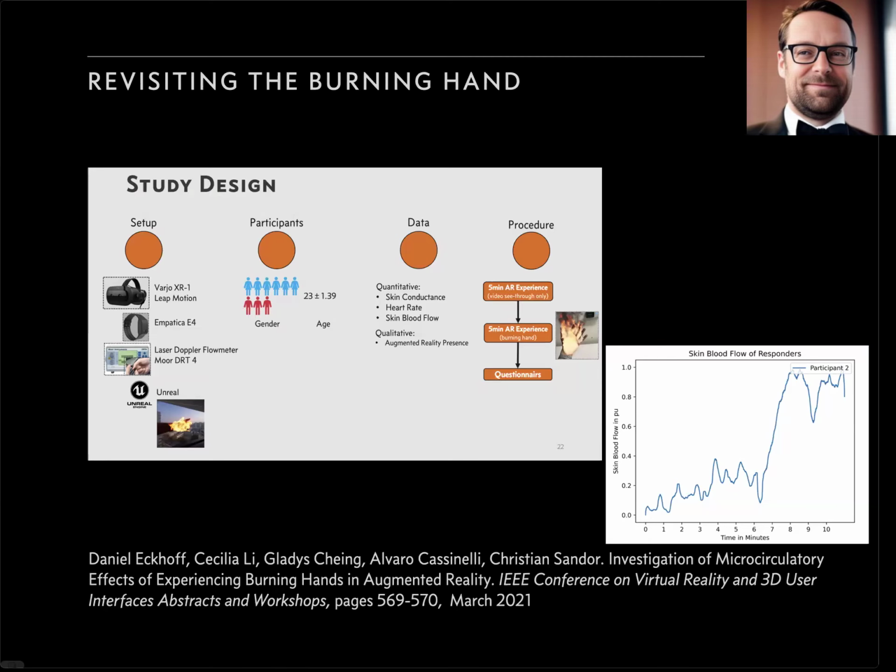But here we did something very interesting. We measured the blood flow in the arm. Because what really happens if your arm is burning is that your body sends a lot of blood there. One purpose is cooling your arm, but also to send defenses, because there will be an open wound, so you need to crank up the defense system. You can see the plot on the bottom, and there's an enormous peak, and this is when you turn on the virtual fire. I think it's very astonishing that the virtual fire can trigger the body to send more blood.